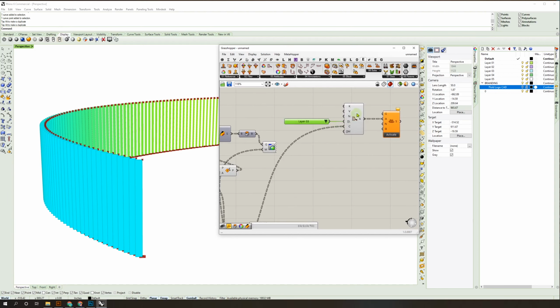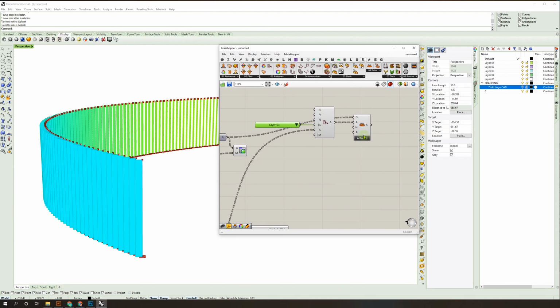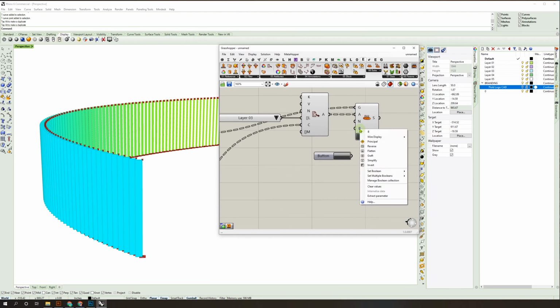And then finally, we're going to go ahead and input the G for geometry to our capped geometry there. Now, if you want, you can create a little button. That's what I typically do. And then right click on this input, change the display to hidden, and pipe that in. And then just changing that button, we can say